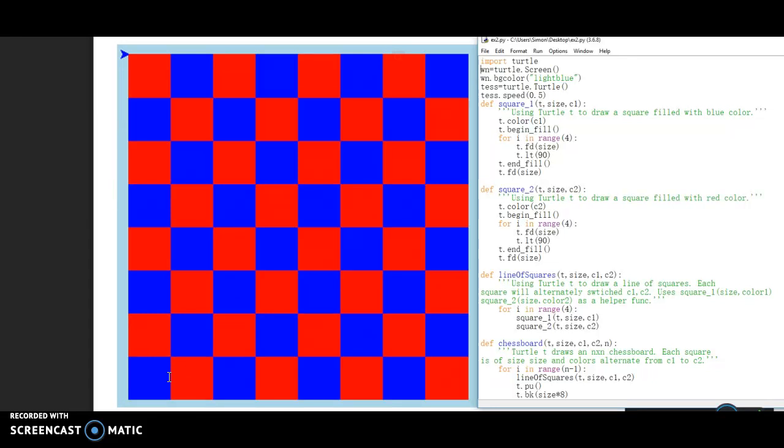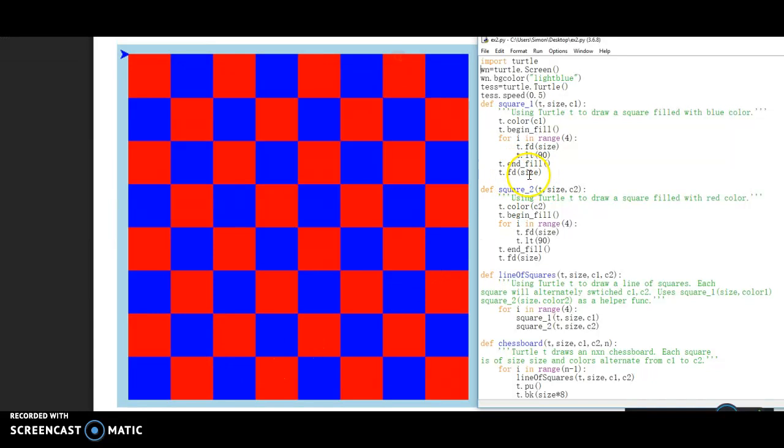And after the for loop, I type t dot end fill, which the turtle will finish filling the color, which makes the first square become blue. And I